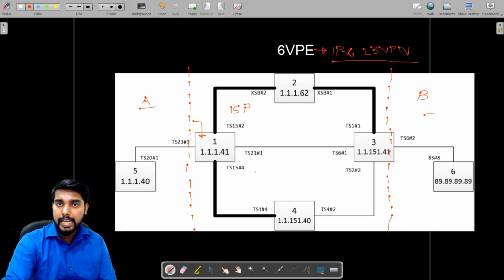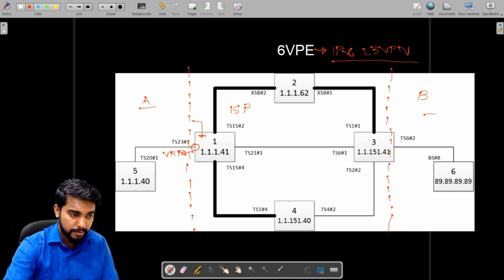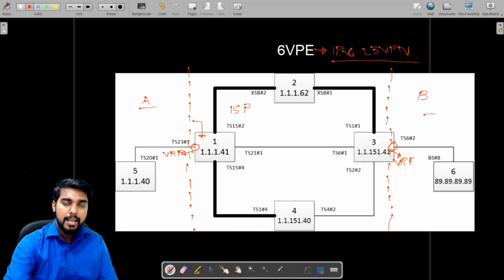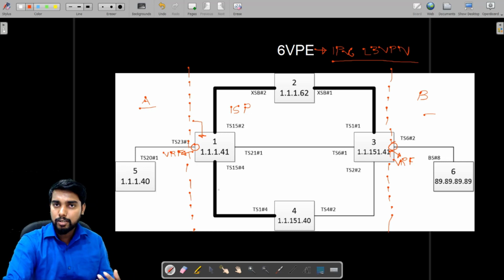So when it was IPv4 all the way, we created a Layer 3 VPN service from this point where we had a VRF over here, and the next endpoint was over here where we had a VRF as well, and using the PE-CE protocol we enabled a VPN service from site A to site B. Now the ISP is installed, IPv4 is running, everyone is happy.